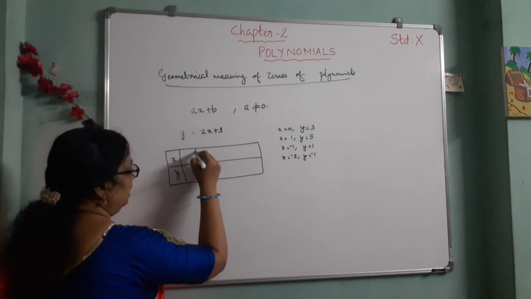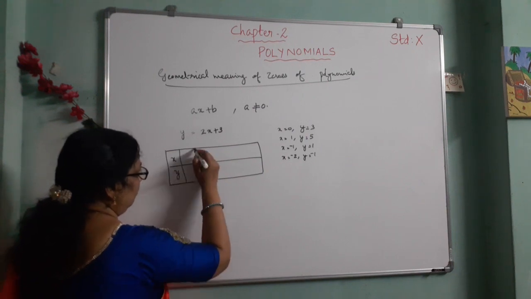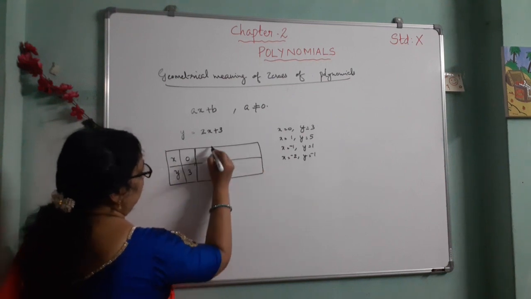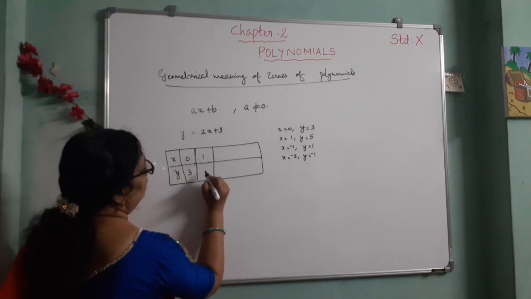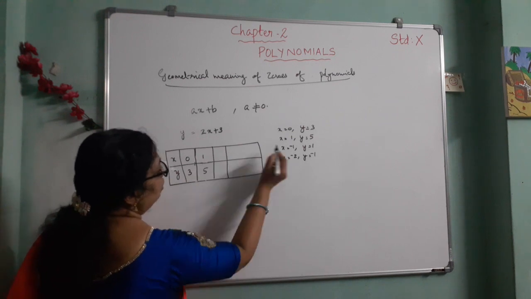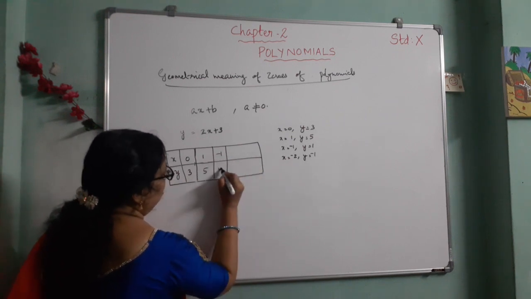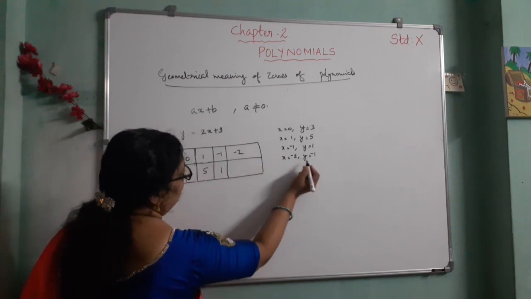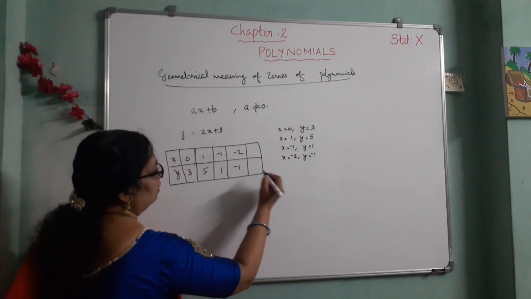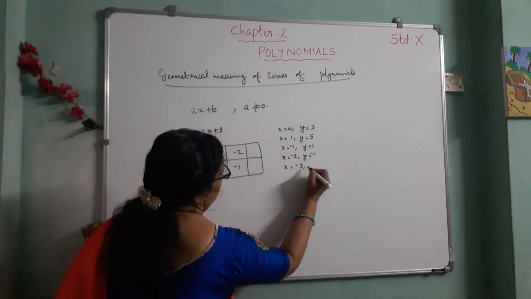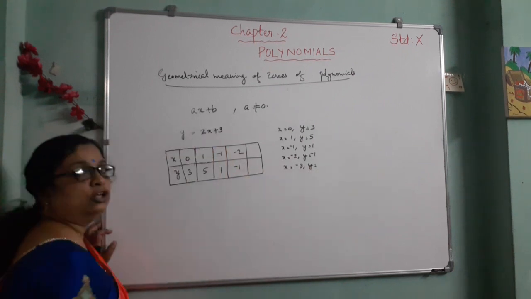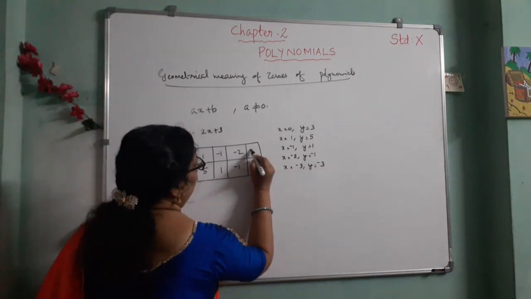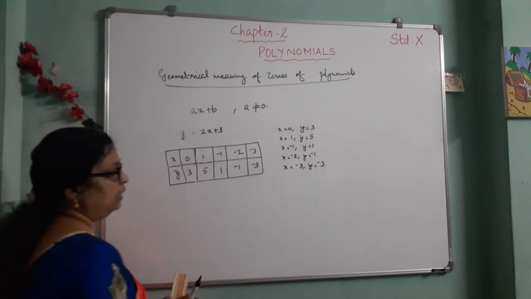We can write that in this way for drawing the graph: x equal to 0, y equal to 3. Then x equal to 1, y equal to 5. Then x equal to minus 1, y is equal to 1. Then x equal to minus 2, y is equal to minus 1. Then one more, x equal to minus 3, y is equal to minus 3 into 2, minus 6 plus 3, that is minus 3.